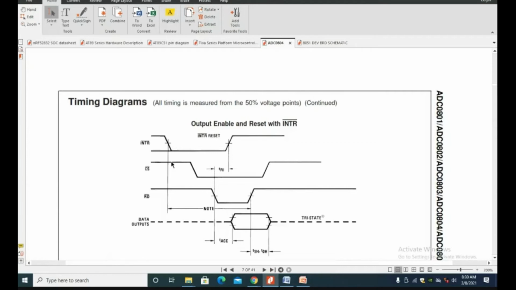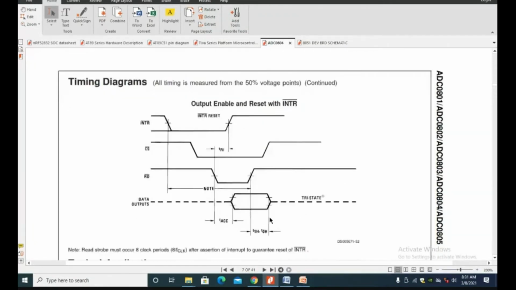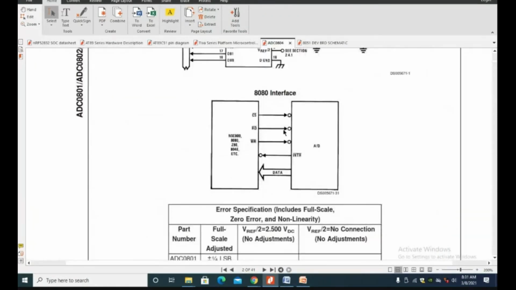Hence, with respect to the 0804 ADC, chip select going from 1 to 0 is the start of conversion. So when you change the chip select pin from 1 to 0, and the read pin goes from 1 to 0, you will get the D0 to D7 digital output as you see. You can see the chip select pin, read pin and write pin, right? From the microcontroller, we have to take the chip select pin from 1 to 0 by making the read pin 0. The ADC will acknowledge us through the INTR pin, and then we can take the data from the ADC to the microcontroller. Okay, start of conversion is mandatory.